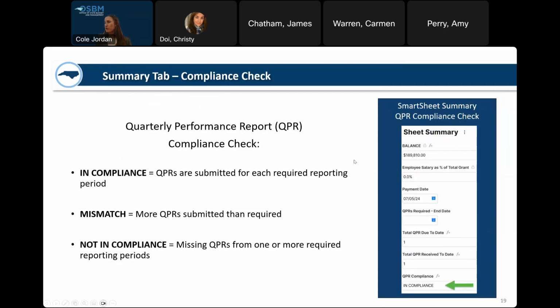We also have a new update to Smartsheet, so you can see if you are in compliance with your QPRs, your quarterly performance reports. To check that, you would also go to your sheet summary and scroll down a bit, which I'll show you in a moment. If it says in compliance, then you have submitted all quarterly performance reports for each required reporting period. If it says mismatch, then you've either submitted your quarterly performance report early this quarter, which is fine,